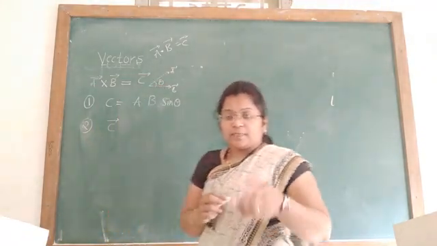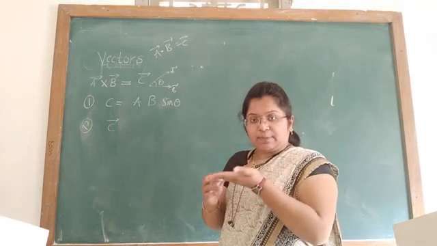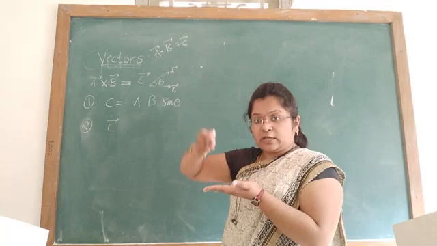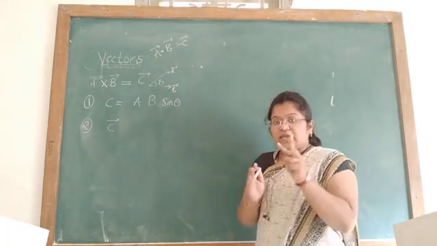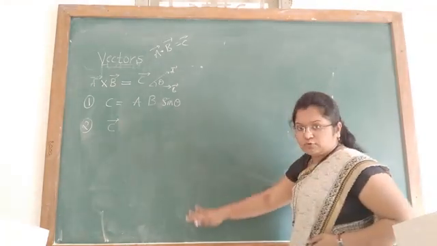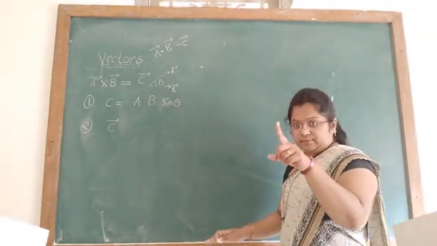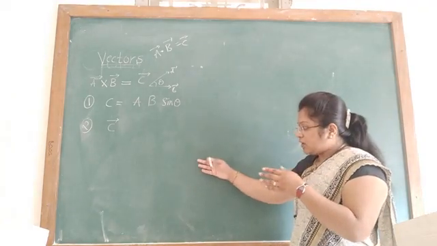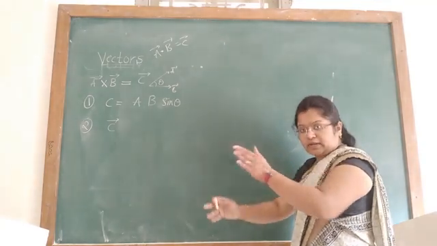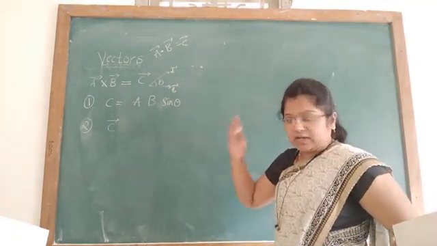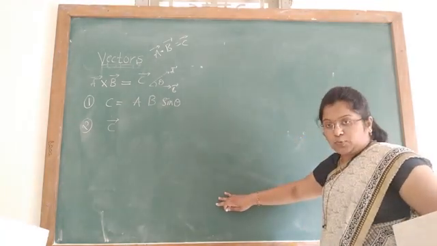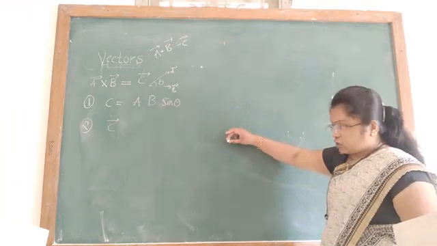Consider A and B in one plane. A and B are in one plane and C is perpendicular to them, right? If two vectors A and B are lying in a plane, and you consider this board as one plane, then this board and my hand are not one plane. My hand is a different plane and this board is a different plane. So if the vectors A and B are lying on this board, then see this chalk piece.